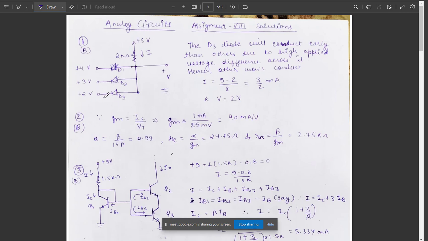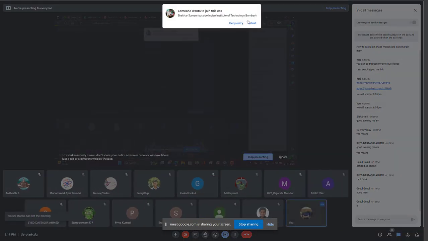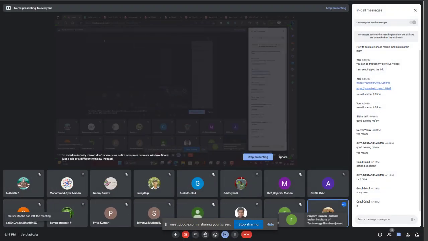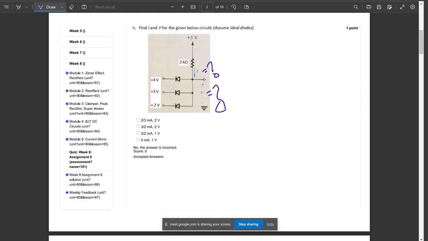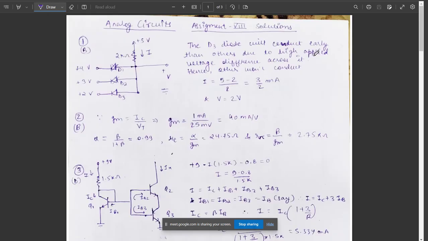And this one is plus 2 volts, so D3 has the maximum potential difference. So D3 will conduct earlier than the others due to the high applied voltage difference across it. When it starts conducting, what will happen is